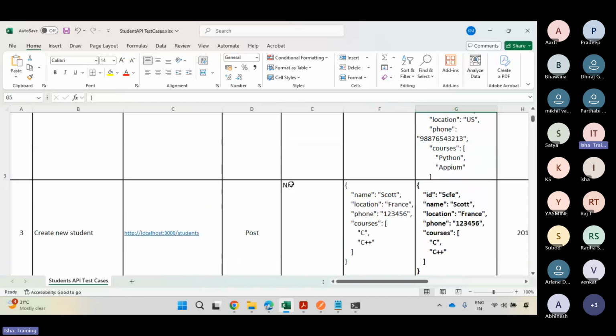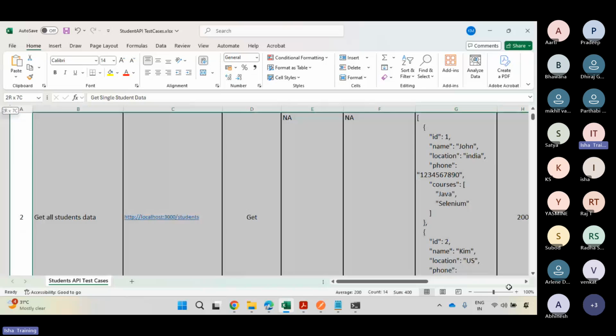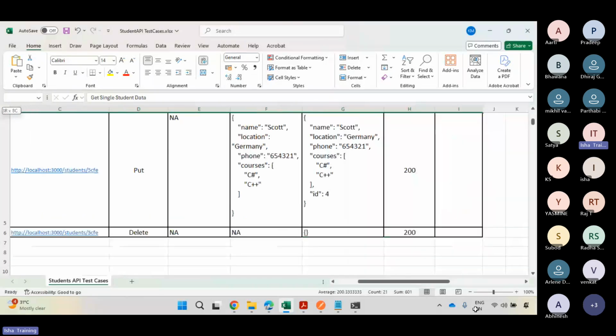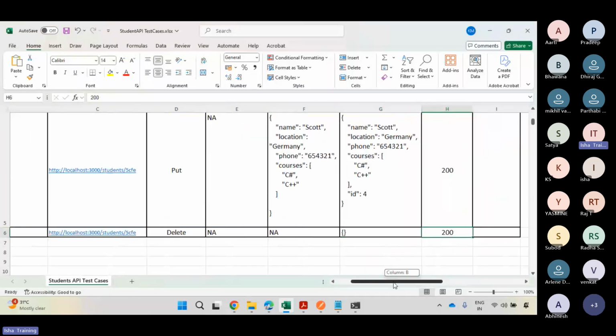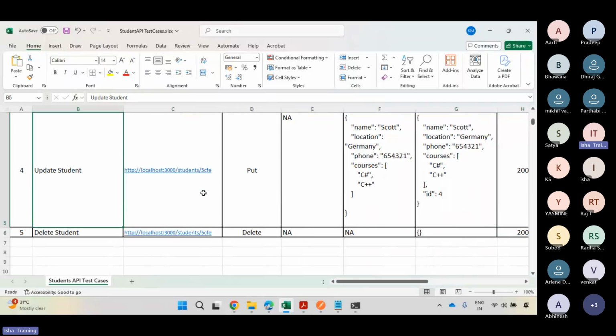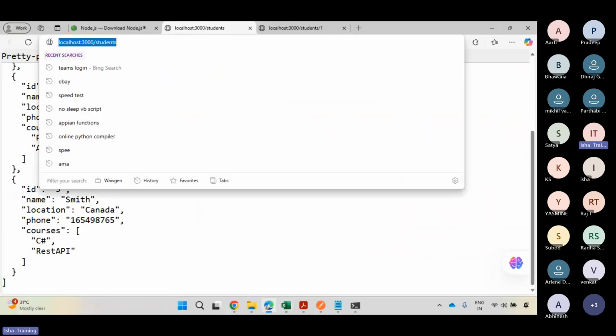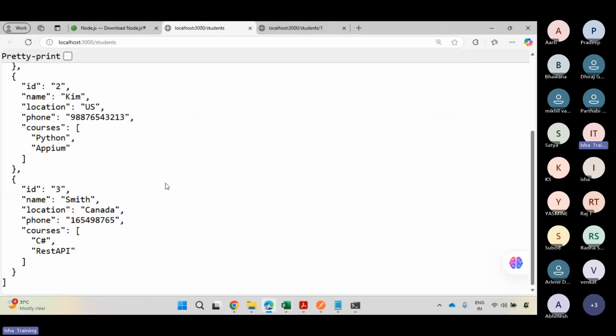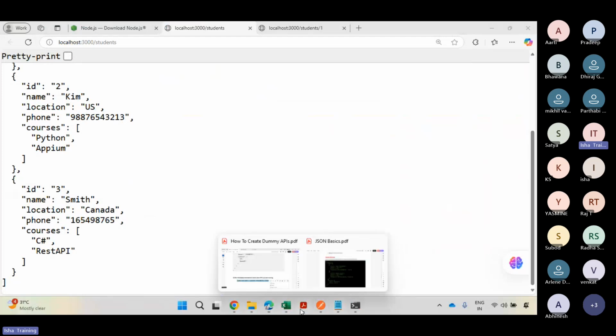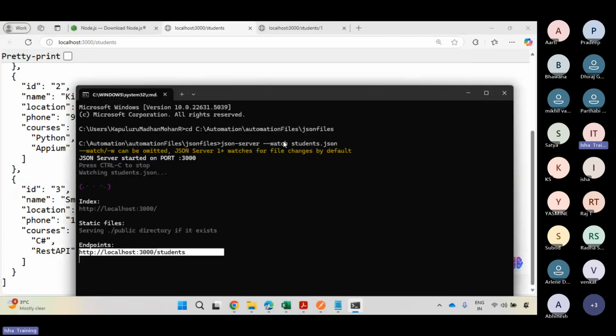All right. So let me take each and every request method which is there here, and let us try to hit this API which we have created, right? This is a dummy API which we have created for our purpose, to learn the concepts. And one more important thing, once you execute this, JSON hyphen server